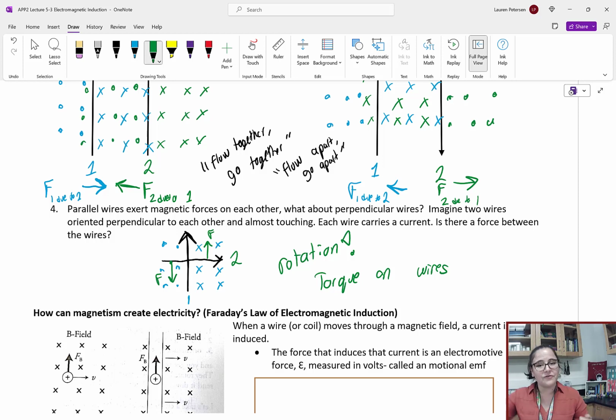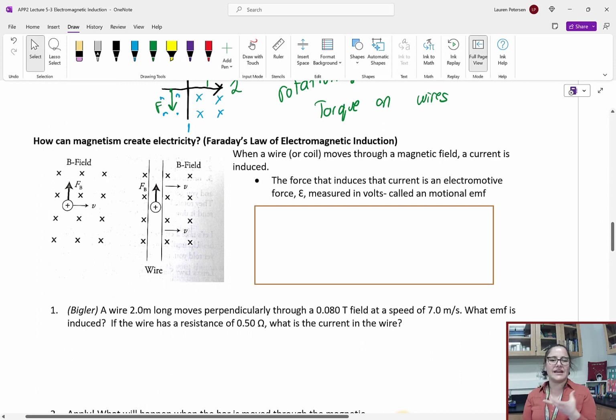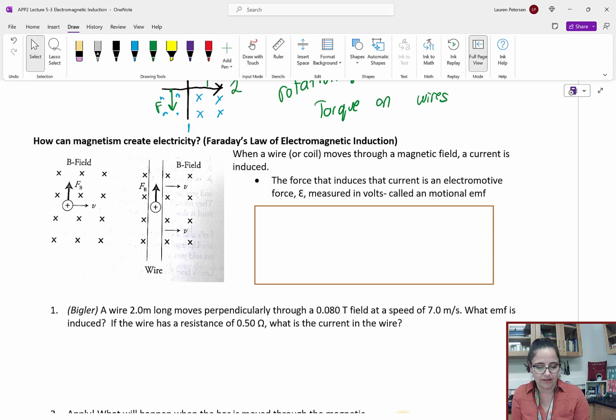So there is a force, but it causes a rotation. Okay, cool? So how do we harness this? Electricity can create magnetism, and magnetism can create electricity. We have harnessed that. That was Faraday's big discovery. We can harness magnetism and use it to create electricity because we can move wires or coils through these magnetic